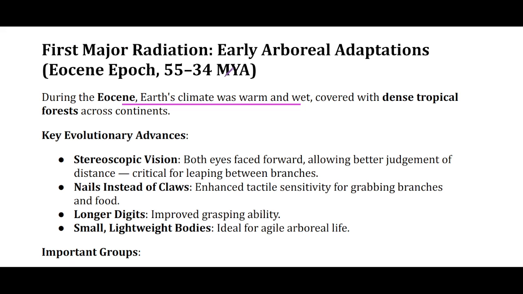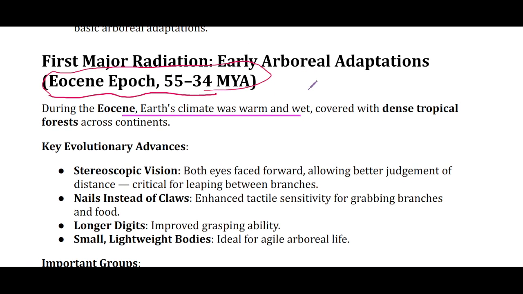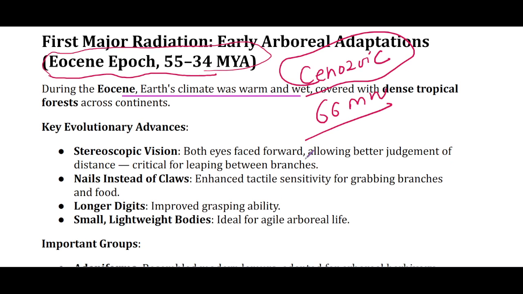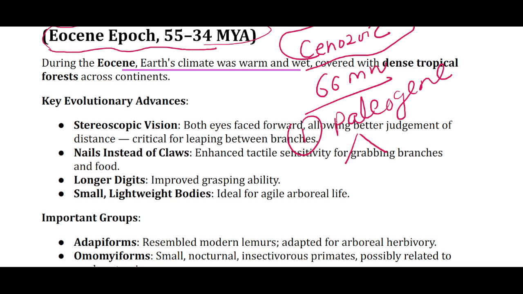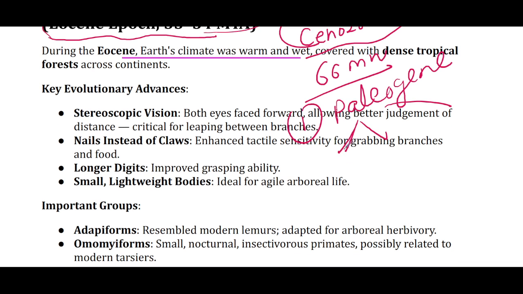years ago. अब ये रेडिएशन के बारे में पढ़ने से पहले let's have a look at this term Eocene epoch, क्योंकि अभी हमने जियोलॉजिकल टाइमलाइन देखी है. So the Cenozoic era started around 66 million years ago with the period Paleogene. Paleogene period है, and then the Paleogene period is divided into three subperiods: Paleocene, Eocene,